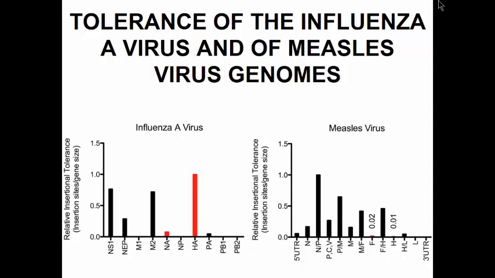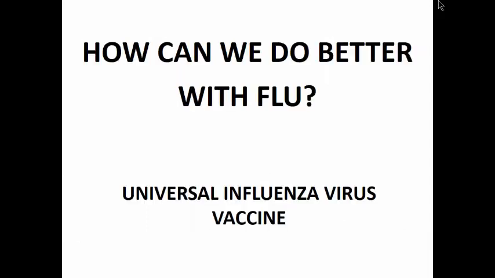So we believe that the hemagglutinin of the measles virus has functional constraints, and this has to do with the fact that the receptors are proteins. It has to interact with many different receptors on the cell surface, and this is the reason that the measles virus hemagglutinin is actually much more stable than flu. And I have shown that the head of the hemagglutinin, which is the immunodominant area of the virus, really tolerates quite a lot. So it is really interesting to understand why one virus is more stable compared to the other.